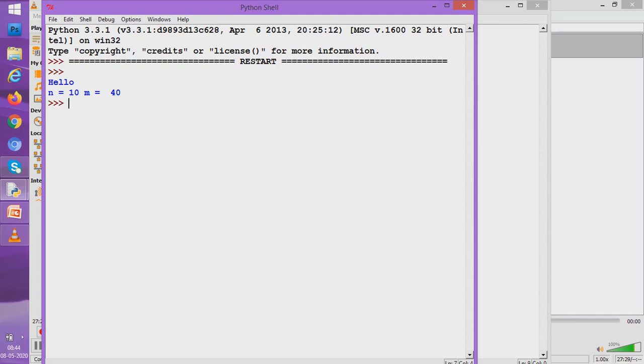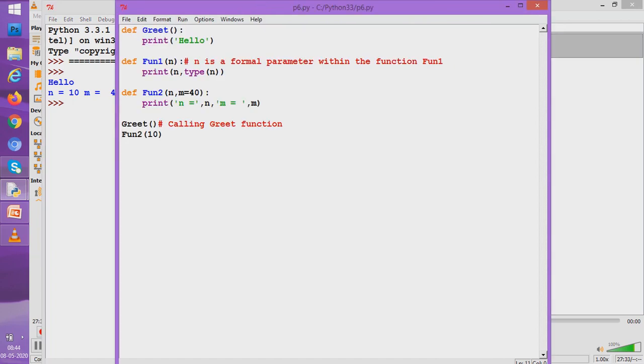So when there is a case of default argument, it means a default value has already been put to the function and it can work with that default value. Suppose we pass a value here. Now the question is, what would the interpreter do? Is it going to work with 40 or is it going to take 90 into consideration for m?